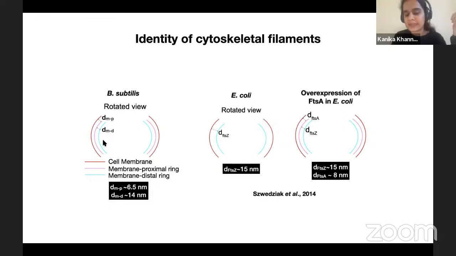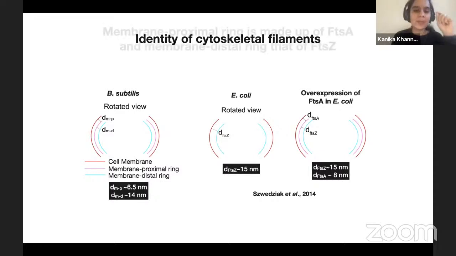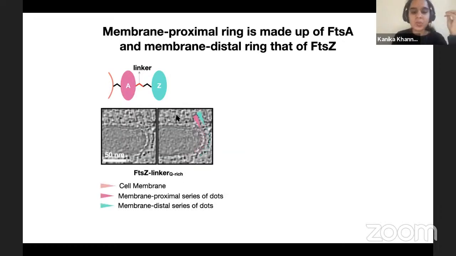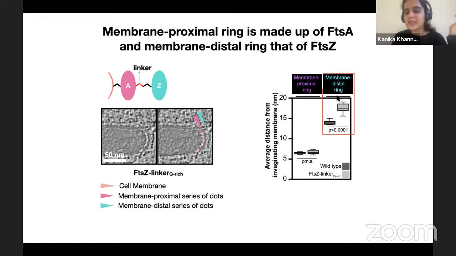corresponds to FtsZ. And in order to test this hypothesis, what we did was that we made a strain in which we modified the length of the linker region which connects FtsA and FtsZ. So we incorporated a glutamine-rich linker, and this will increase the distance of the Z ring from the membrane. And in this strain, then we imaged what is the distance of the membrane proximal ring from the membrane and the membrane distal ring. And what we saw was that the distance of only the membrane distal ring from the membrane increases, suggesting that the membrane distal ring is the one which corresponds to